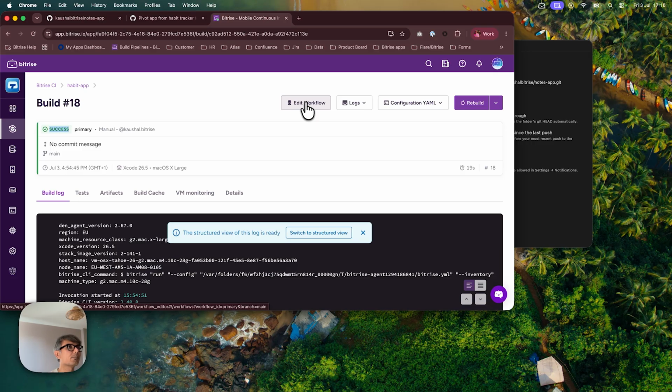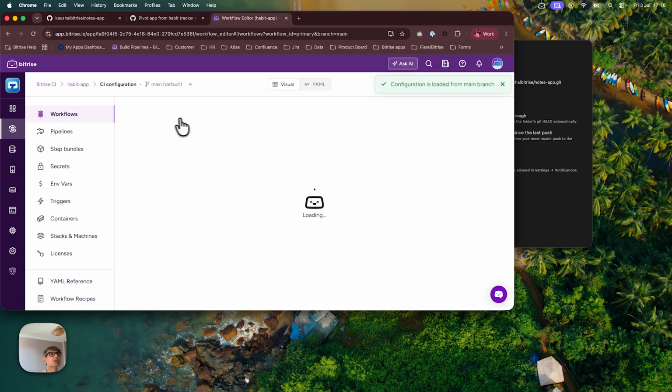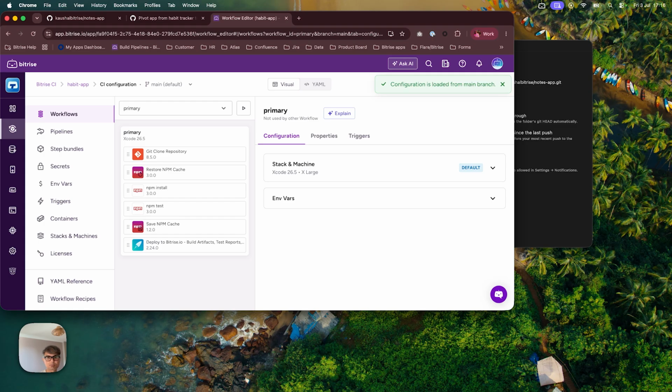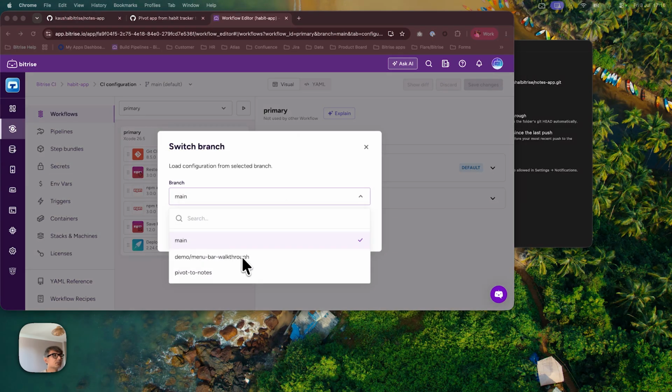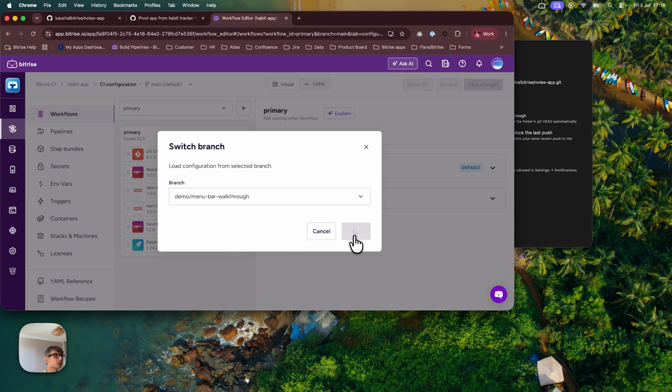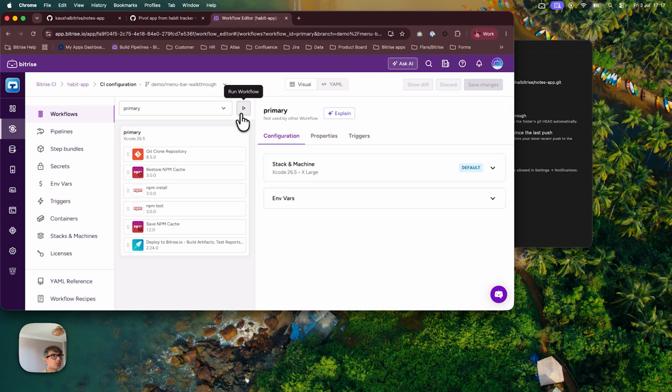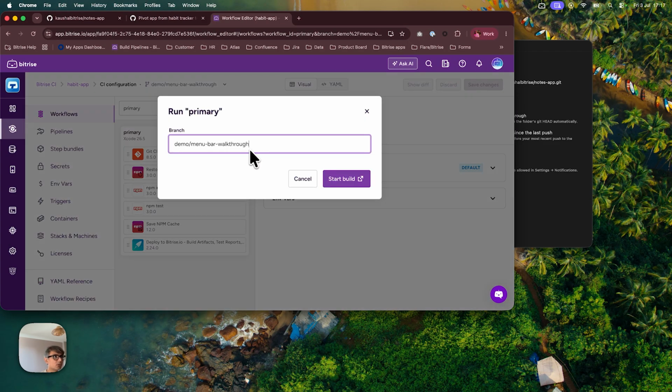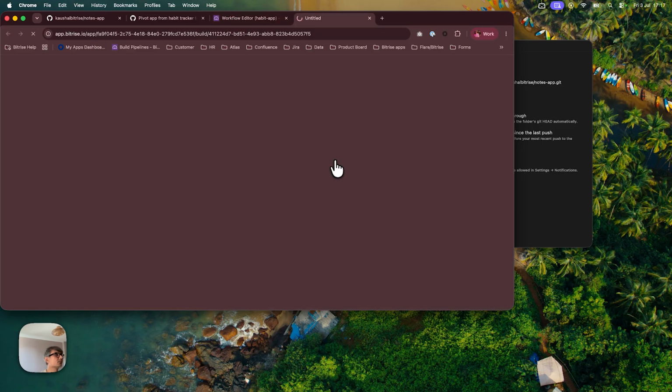Let's go back to Bitrise. Let's go to edit workflow, and let's change that on Bitrise. I'm going to switch to this new branch that I created. So now let me try running this workflow on this new branch. Let us start a build,